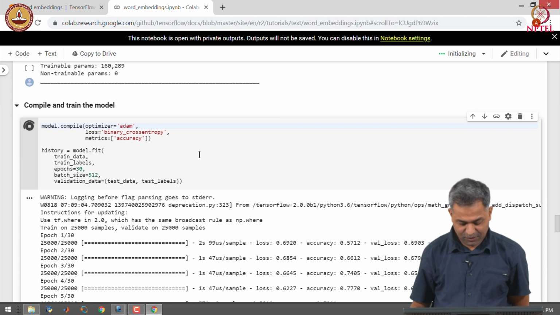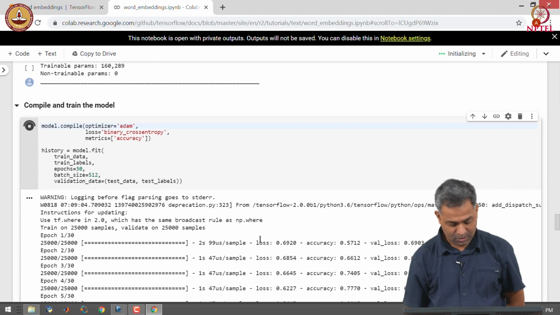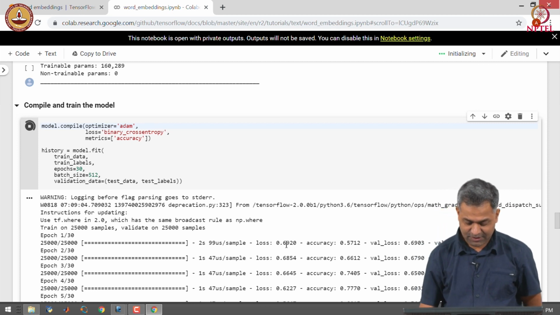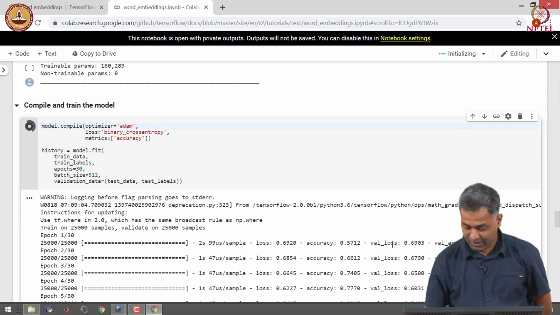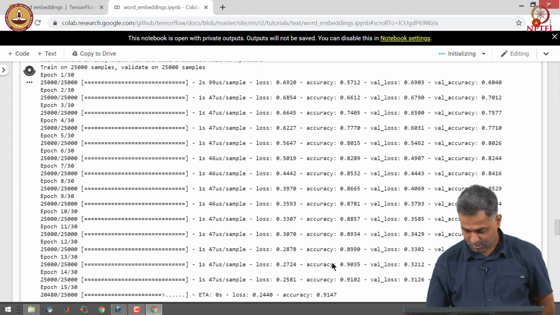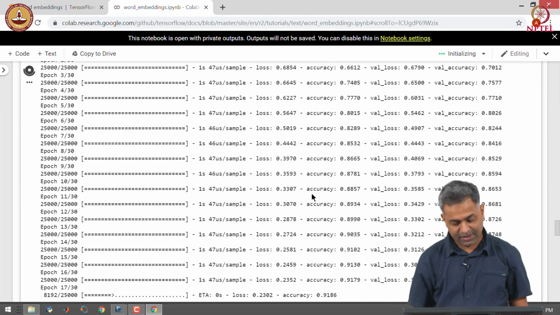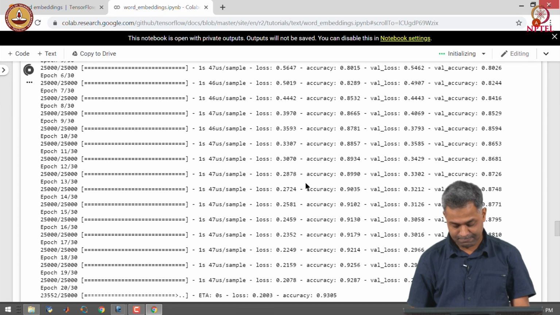You can see that for the initial epoch we have a loss of 0.69 for the training and 0.69 for the validation. As the training progresses, the loss is coming down and the accuracy is going up.